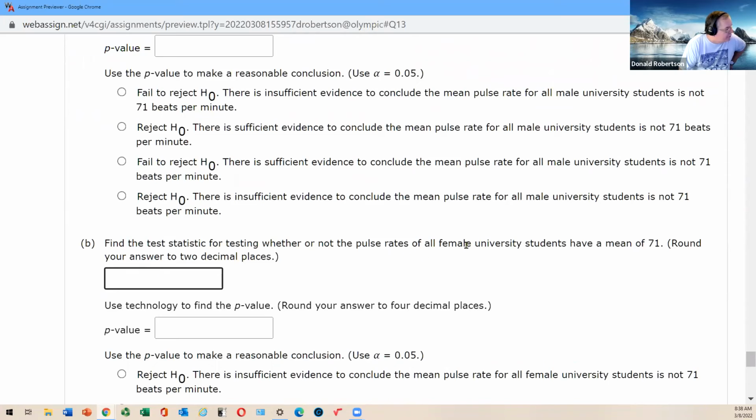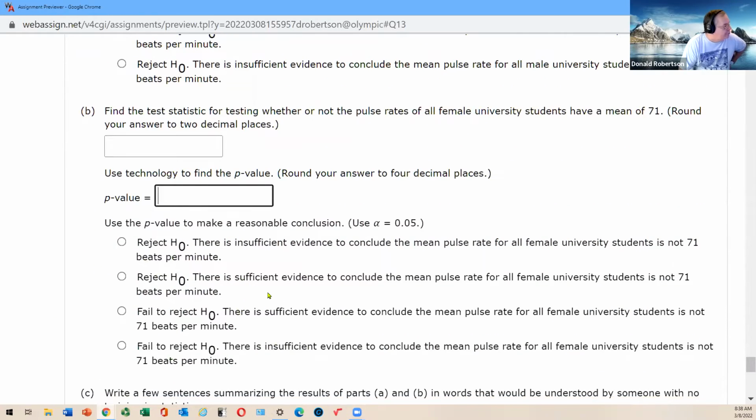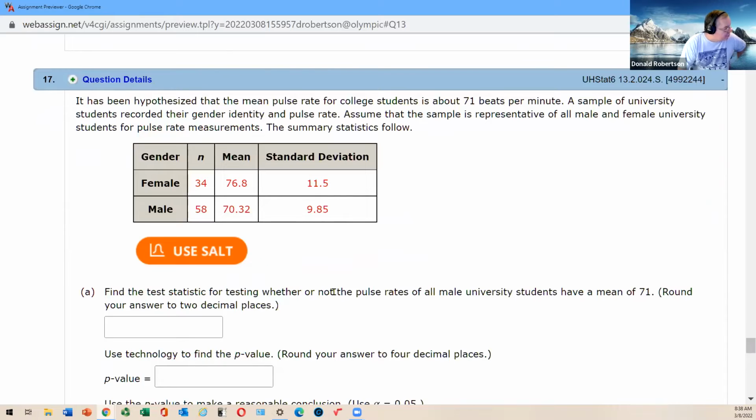And you'd do a p-value and a conclusion. Then you would do it for the females, and you would write down the t-score, the p-value, and your conclusion. But since I'm only going to do one of them, let's look at the data and see which one I'm going to pick. Well, we're trying to prove